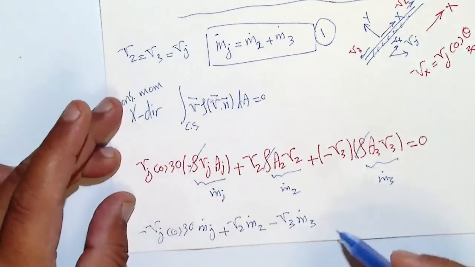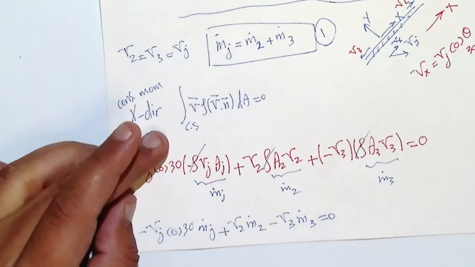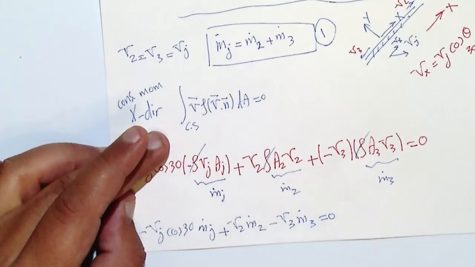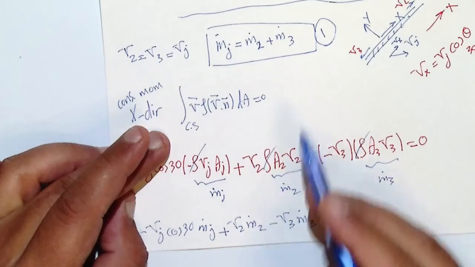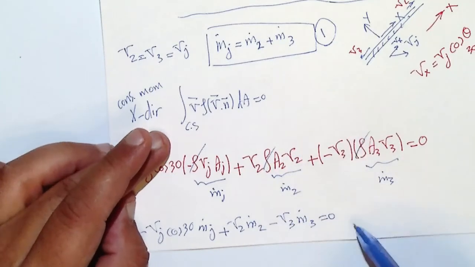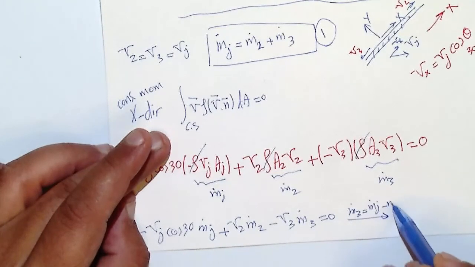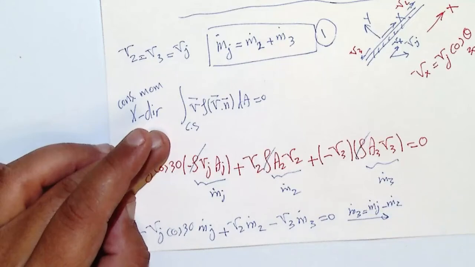Okay, it has to be 0. Perfect. So what we can do is replace one of these two with the equation that we have here. For example, we replace m dot 3, which is m dot j minus m dot 2, right, from equation 1, then we can say that